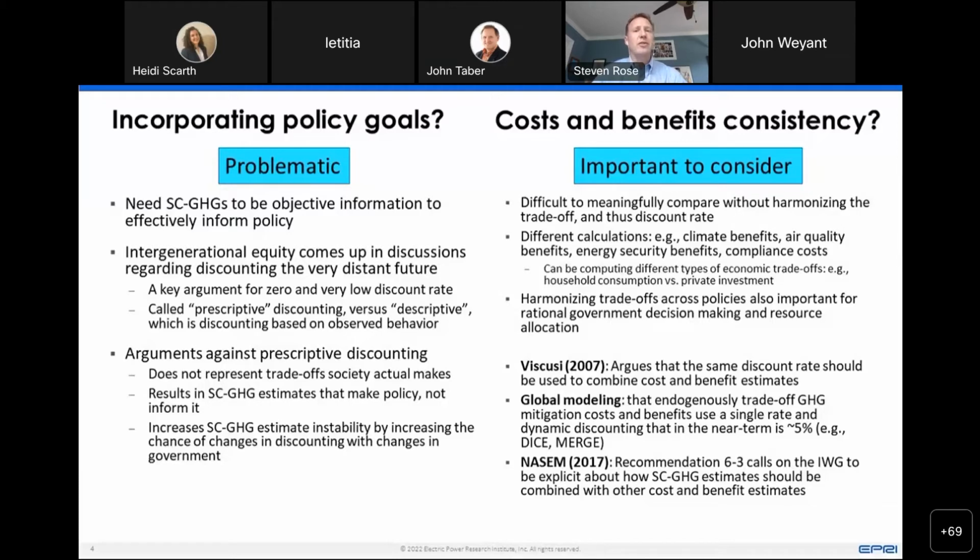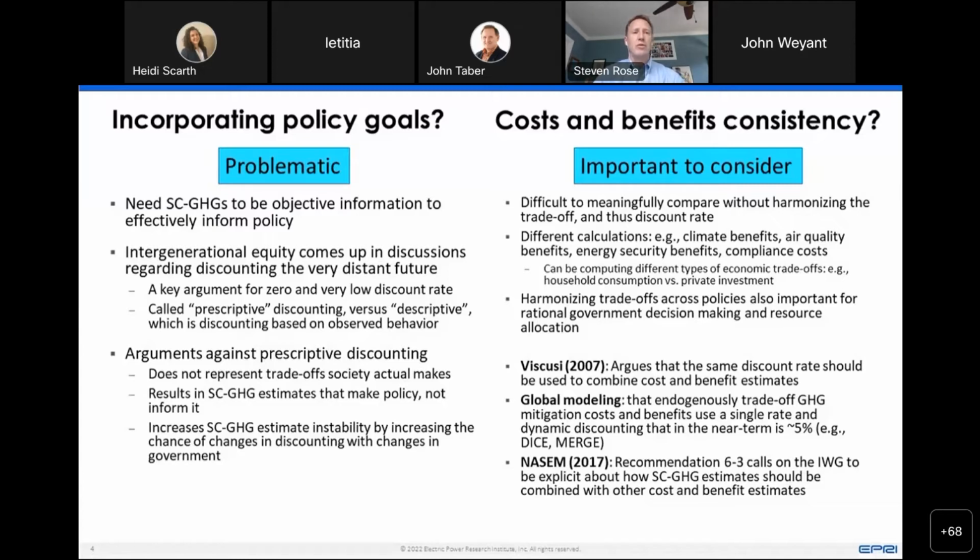In terms of costs and benefits consistency, it's important for us to be thinking about it, and you'll hear the other panelists talk about this as well. Ideally, we want to be comparing benefits and costs in a consistent fashion in the most meaningful way. And ideally, that would be harmonizing the trade-offs that are being calculated in those different calculations. So whether it's calculating climate benefits or air quality benefits, energy security benefits, or compliance costs, and so on, all those different calculations in some ways can be representing different kinds of trade-offs